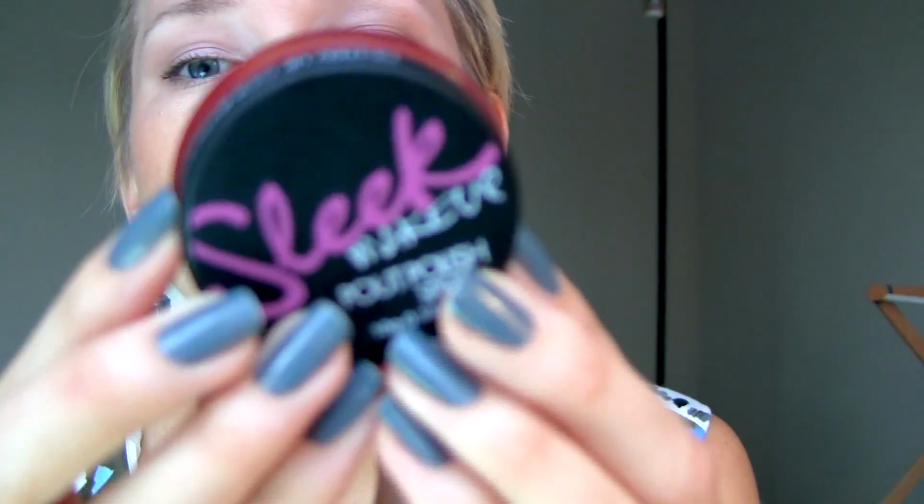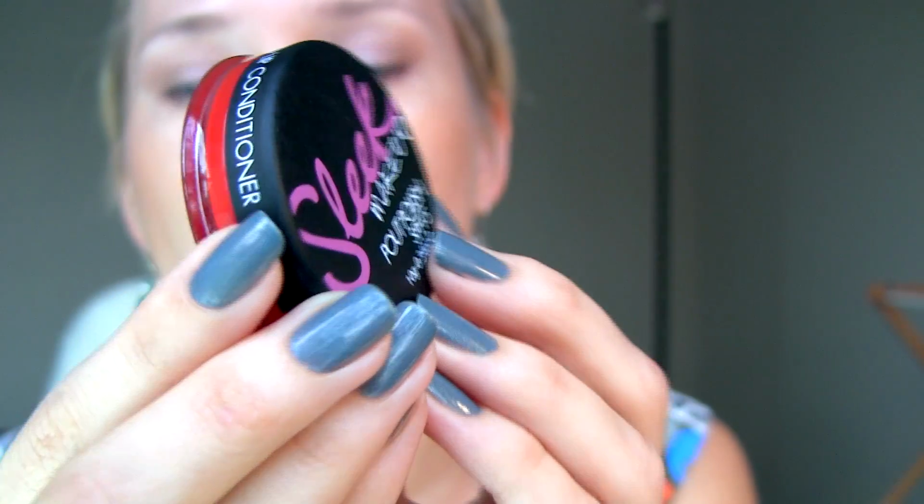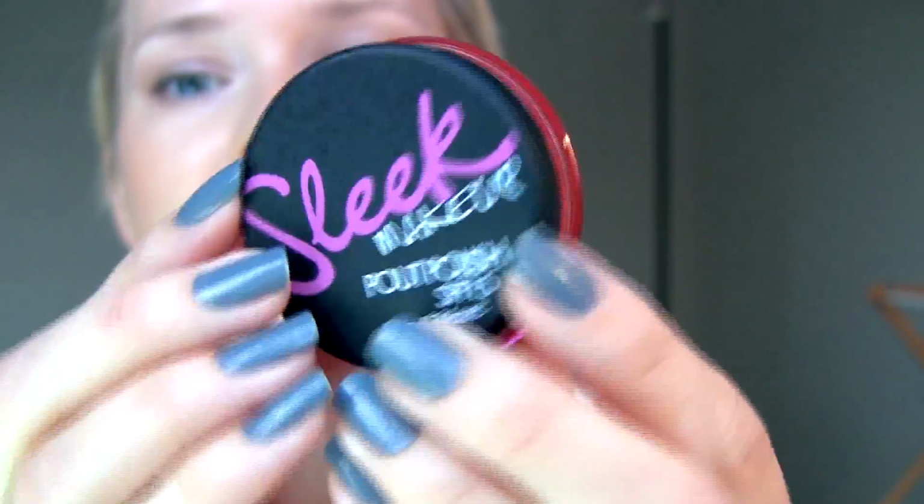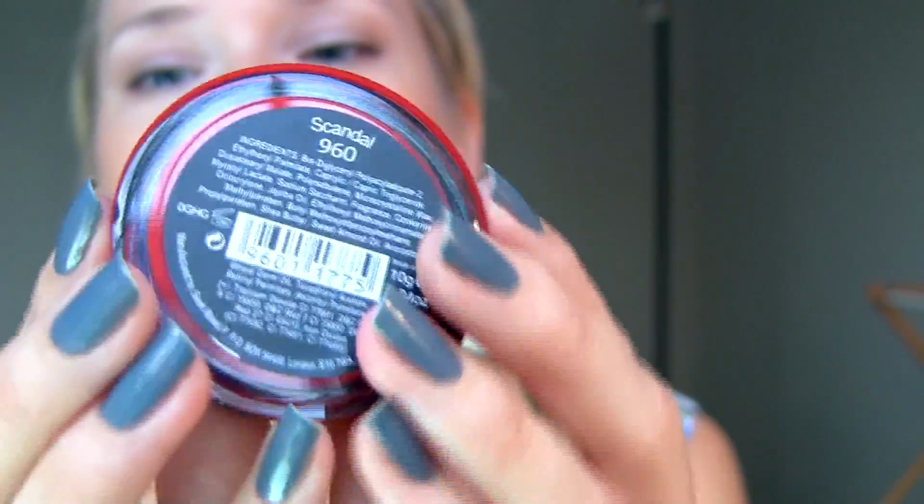The next thing that I got is the pow polish, and everything was wrapped in plastic, so it was all secure, nothing leaked, and I already unpackaged it, that's why it doesn't have any plastic around it. And I got it in the shade Scandal. I really wanted, and actually it's on my lips right now, I applied it just with my fingers, though it's